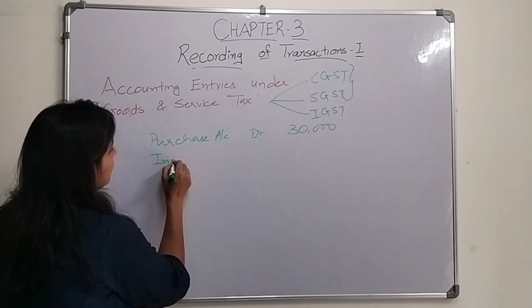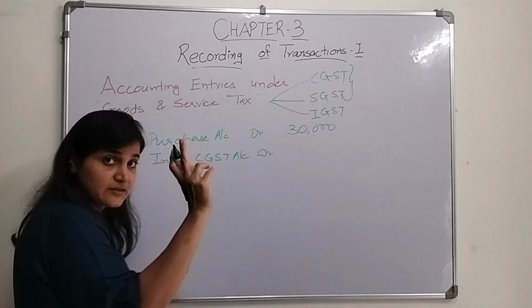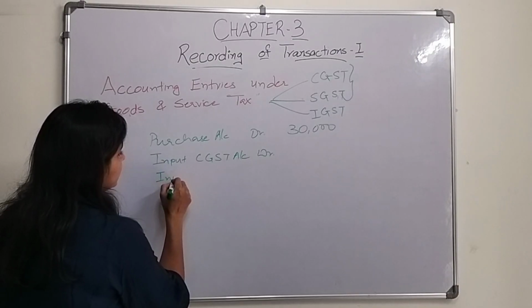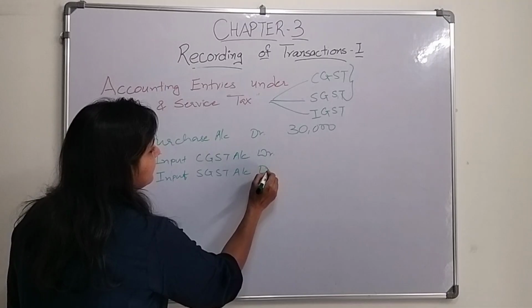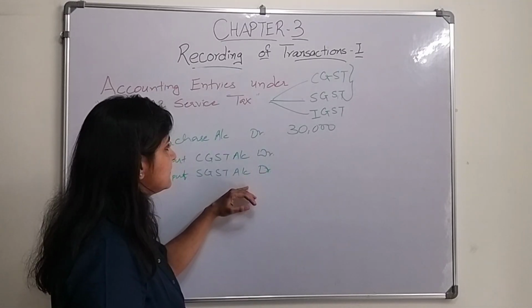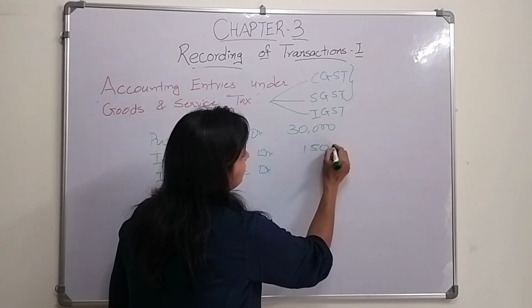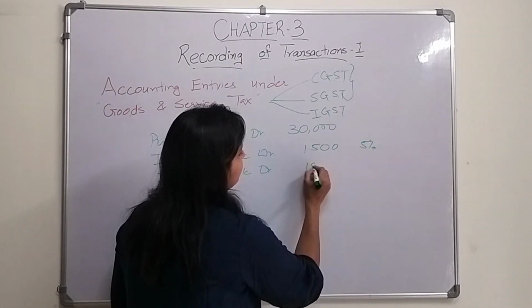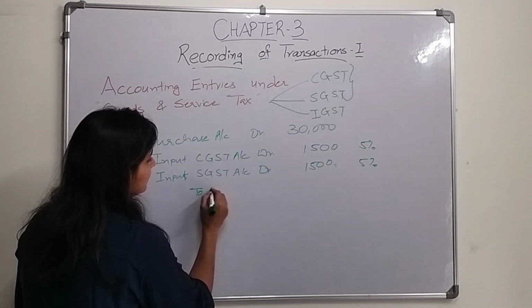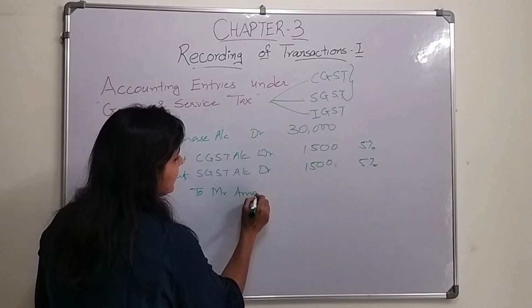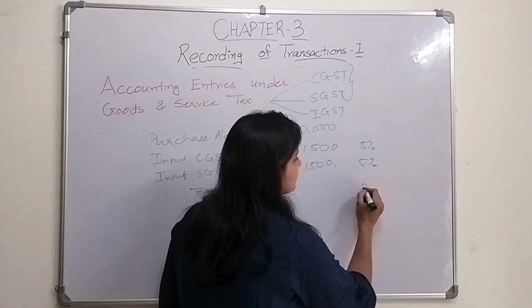So input CGST account, that is my expense, and input SGST account is debit. Okay, input CGST account, input SGST account, let's say 5% CGST and 5% SGST. Okay, so how much I am paying to Mr. Aman? I will credit his account, he is my liability. How much I am paying to Mr. Aman? I am paying